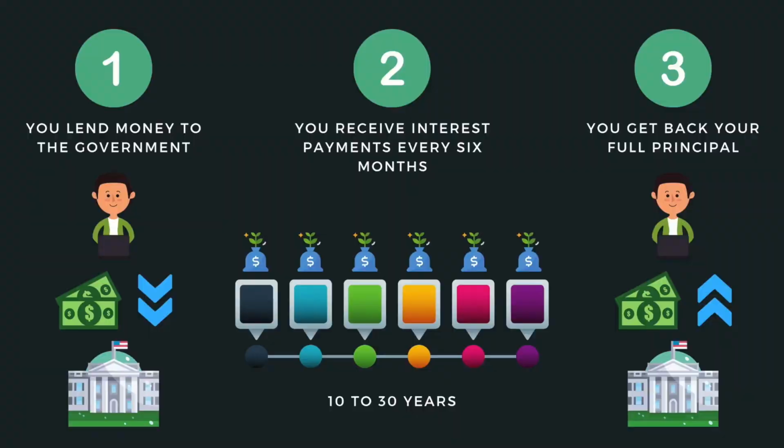This is how the US bonds work. As shown in this picture, first, investors would lend money to the government by paying a principal to purchase the US bonds. Second, the government pays the bondholder semi-annual coupons, which are based on a fixed interest rate during the lending period. And third, after the end of the lending period, when the bond matures, the government returns the principal back to the bondholder. The government gets to use your money during that period and compensates you by paying interest